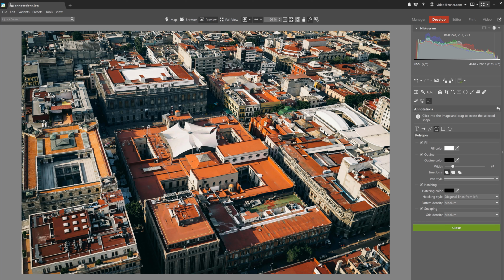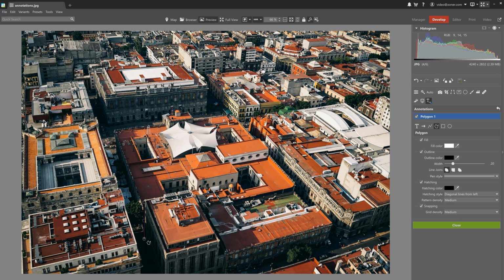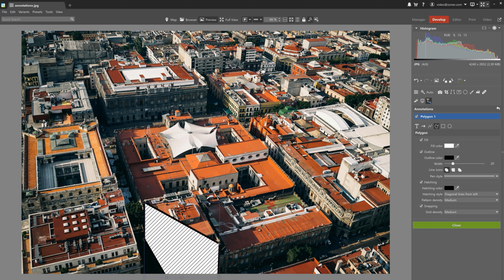Now let's click on polygon, and using default settings, let's drag to create the first part of the outline. I'm going to click on a corner of the building and keep dragging. Then I just click to add more points which join to form the polygon. Now you can always click a little further and then move the point to where you want it. Now that the building is outlined, I want to adjust the outline color.